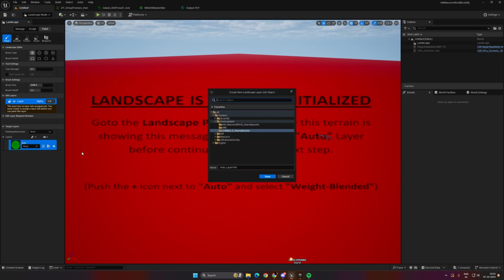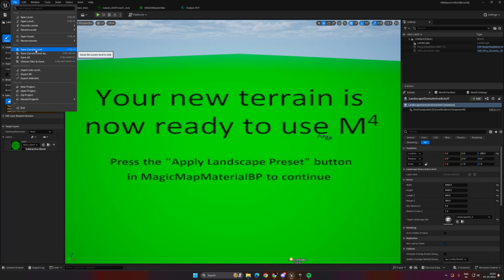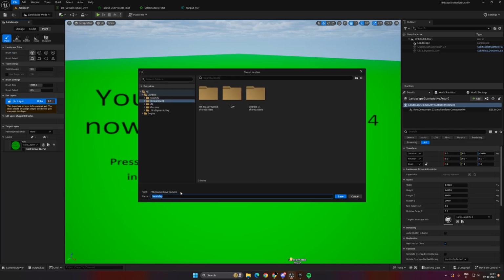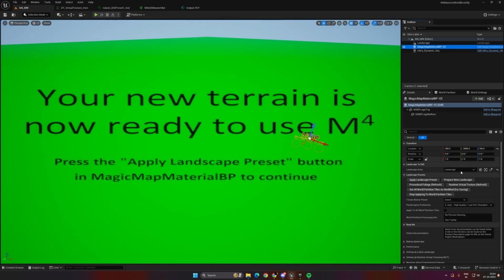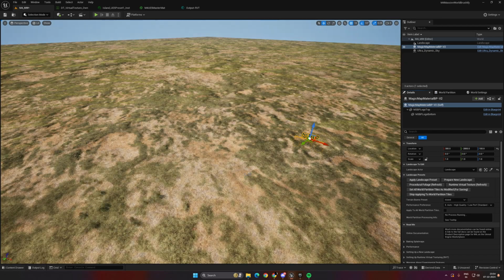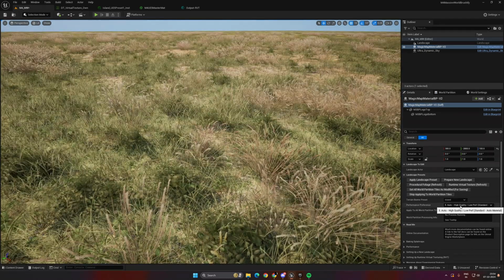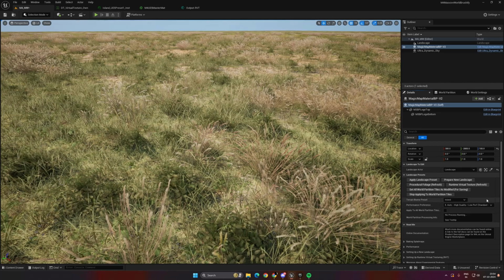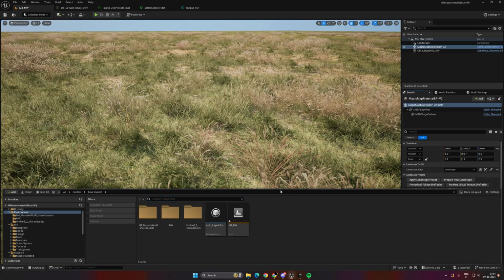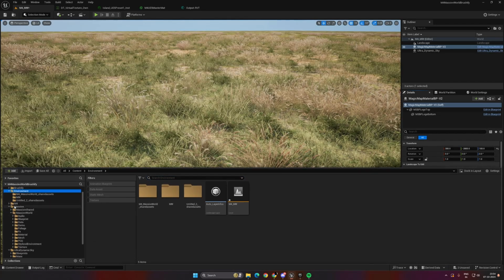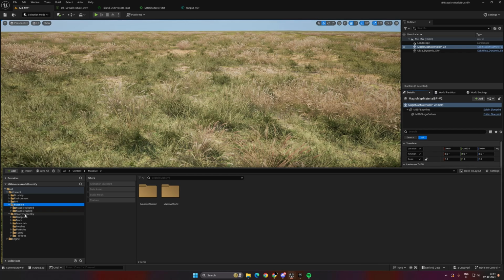the weight blended layer. Let's call it this. We'll save the current level and call it M4, double save. Now let's go to magic map material and apply landscape. I prefer to use RVT, but we have to set it up later. For now, the first thing we need to make sure of is to go to Massive and